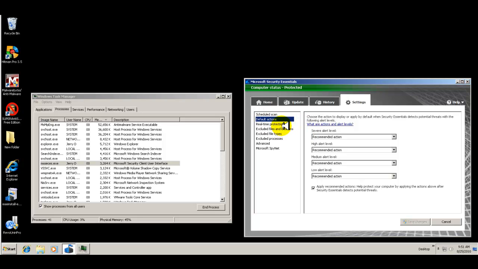So default actions, basically here, it's all set up for recommended action. It probably tries to quarantine it first. If not, it'll repair it, delete it, what have you. But the action to display or apply by default when Security Essentials detects a threat. So severe, it's set to recommended, but you can remove or quarantine. High level alert, same thing. I'm going to leave everything